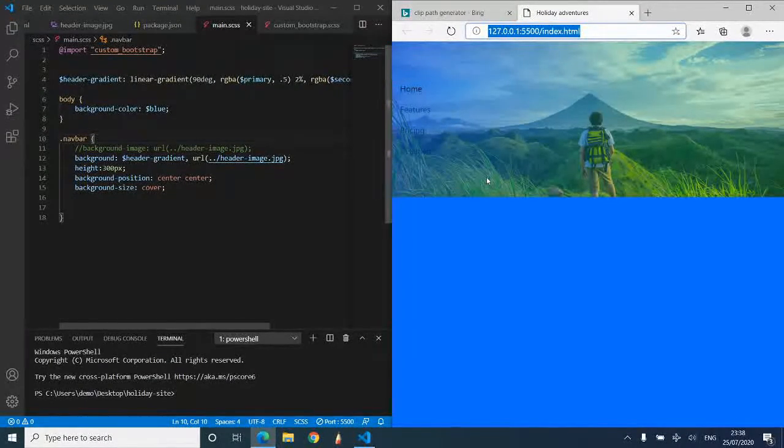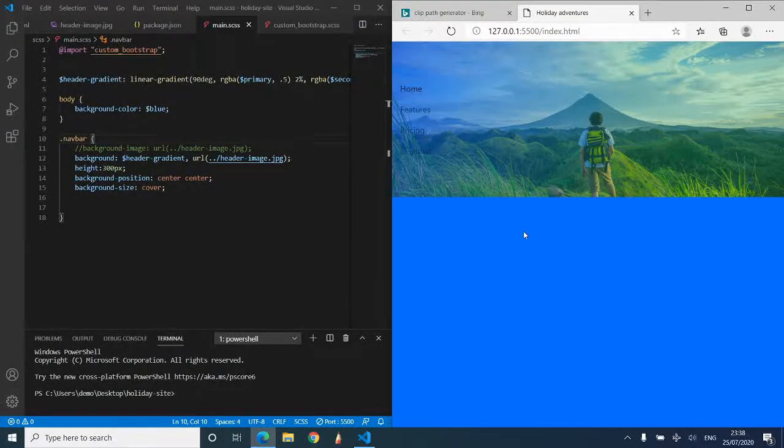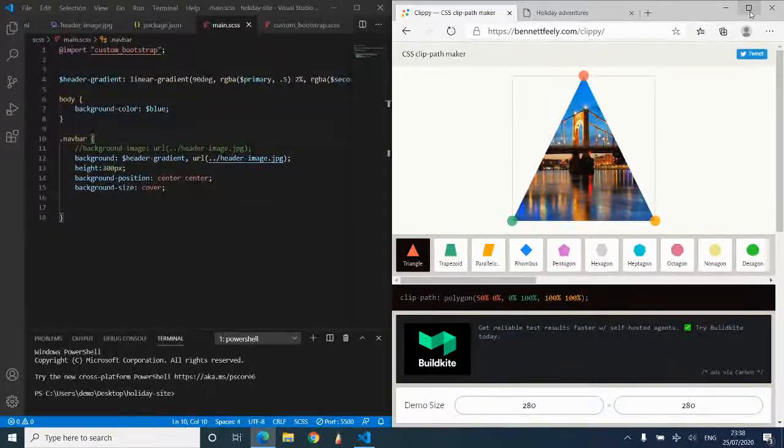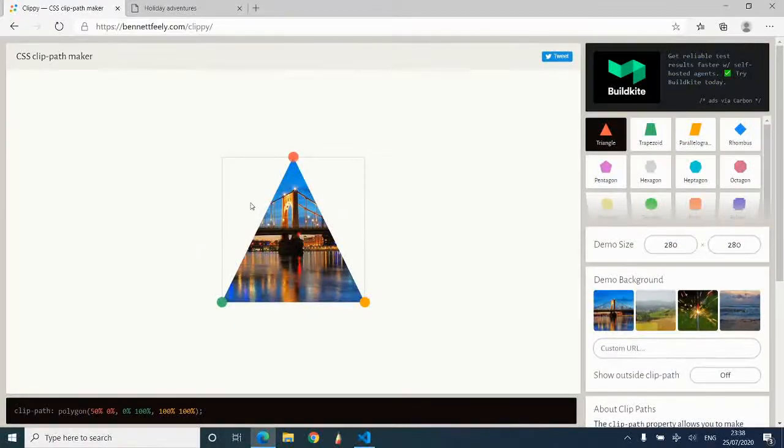Okay, next we're going to add in the curved border that's going to go at the bottom edge. Now the way we're going to do this is to add a clip path, which is like a vector path. You can use a graphics package, or you can go online, and I found this clip path generator. If you do a Google search on clip path generator, you get this bennettfeely.com clippy. If you click on there, and I just enlarge it, okay, you've got this